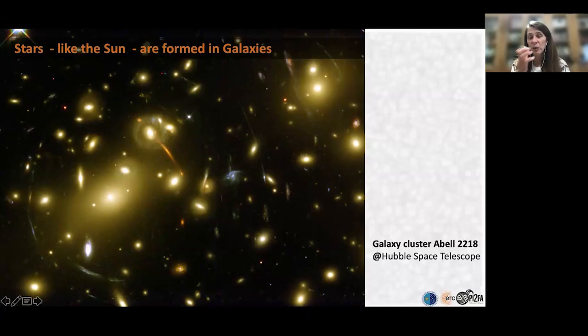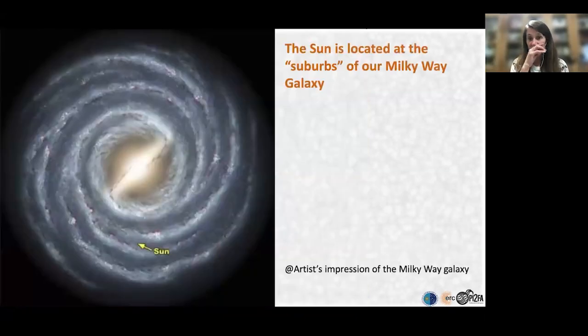Except that we cannot see our own galaxy, of course, because we are inside it, so we cannot see it from outside. So we see galaxies which are far away. The sun is born from a molecular cloud, a dust cloud, in such an environment, such as a galaxy, okay? And then inside this galaxy,